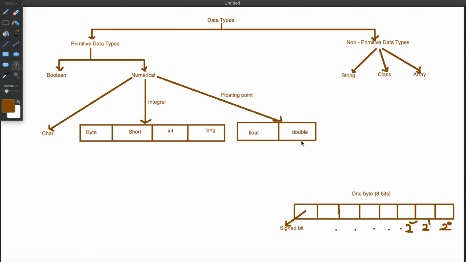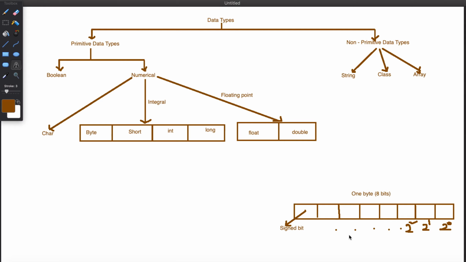Coming to the integral data types, we have byte, short, int and long. Each has its own range, and the byte is 8 bits. Here I mentioned 1 byte, which is 8 bits.